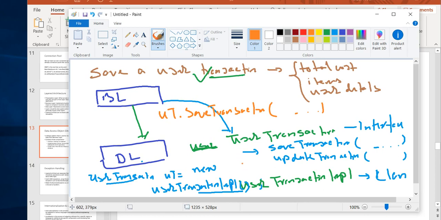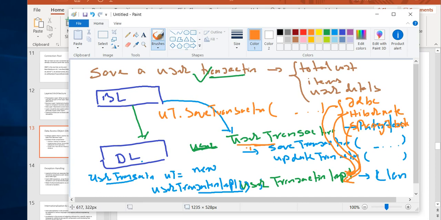The good thing about this is that if you would like to implement it different ways, so let's say we have different options. One is the plain JDBC, one is called Hibernate, and the other one is called Spring JDBC. Okay, so there are many other ways to implement it. So these implementations are going to be defined over here. Okay, so that means the implementation class is actually telling how we are going to implement it. But on the other hand, this interface